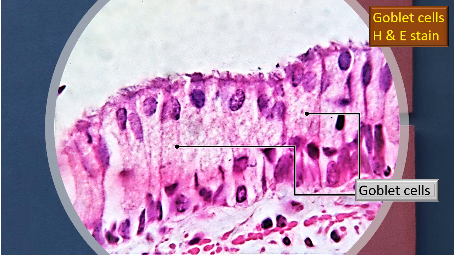The nucleus is in the basal part. Below the nucleus, there is a small stem which goes towards the basement membrane. The large cytoplasmic region is in the upper part of the cell. Now, that's a feature of the goblet cell. Of course, it goes without saying the secretion of the goblet cell is the mucus. This goblet cell is particularly in the number and the activity is particularly increased where there is a chronic irritation of the respiratory mucosa, particularly in chronic smokers.